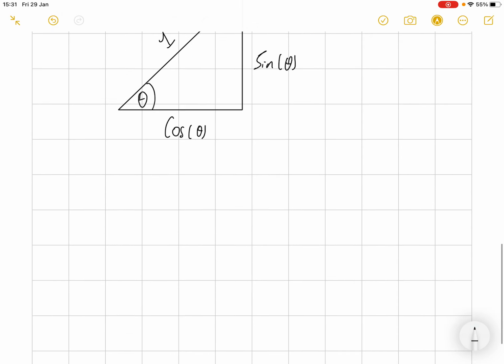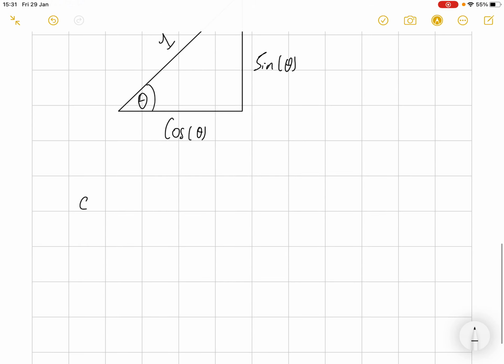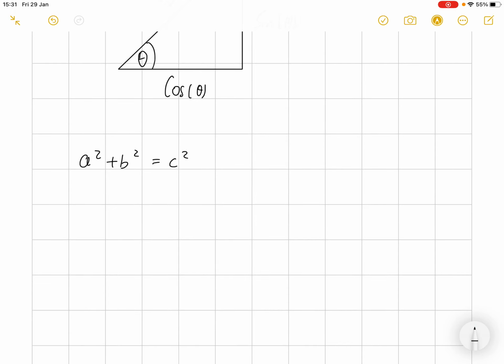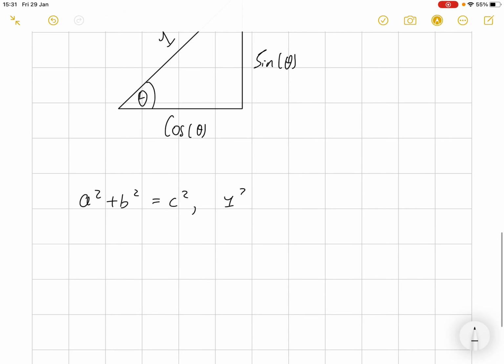By the Pythagorean theorem, we know that a squared plus b squared is equal to c squared. So again, let's start substituting in. 1 squared is equal to sine theta squared plus cosine theta squared,